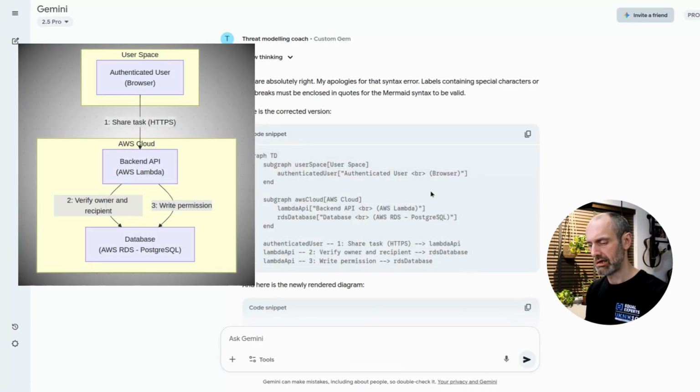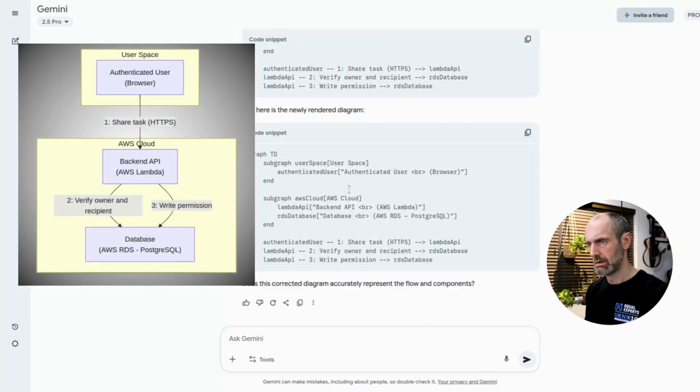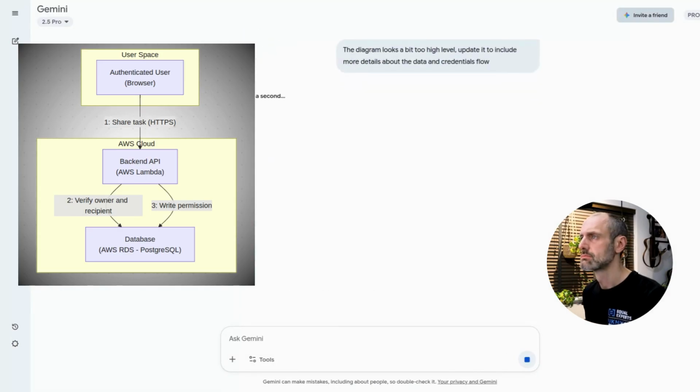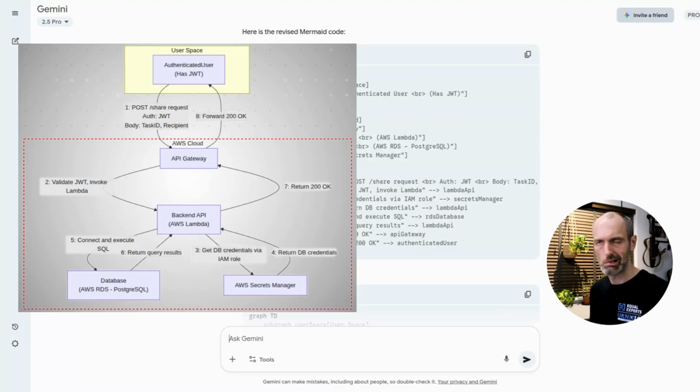For me, that diagram looks a bit too high level. Let's prompt to include more details about the data and credentials. In order to bring those details out, it's introduced new components like API Gateway, AWS Secrets Manager, etc. Now, when I do this normally against a system that exists already or one that's better specified, those sorts